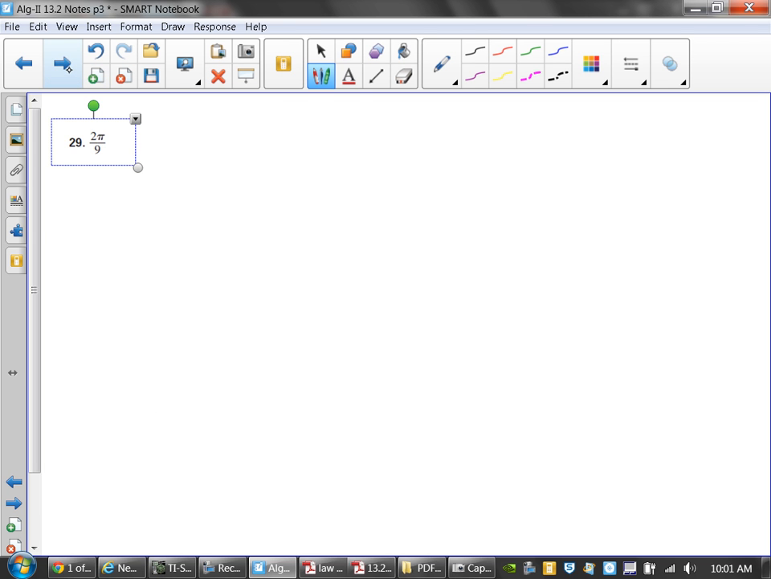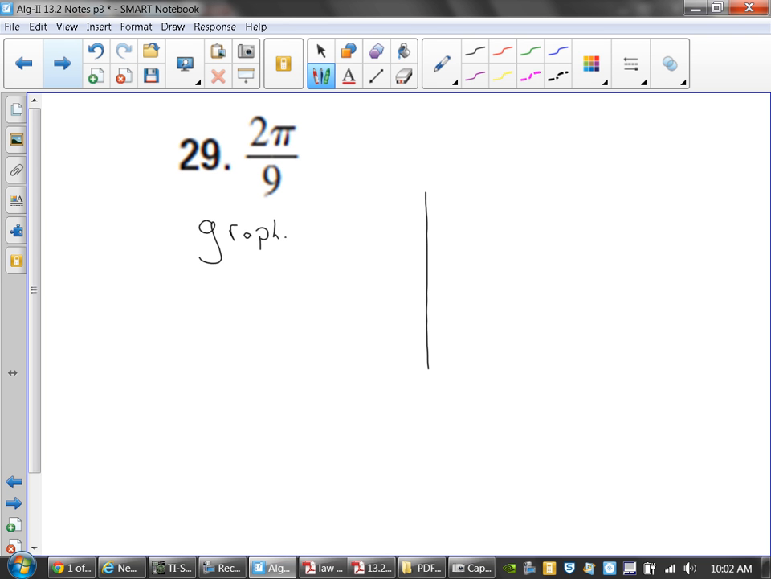All right. Again, let's go back to thinking about the graph then. Take 4 and you multiply it by 2. What I'd like to do is find out where this angle will lie. So I have 2 pi over 9. And when I'm graphing that,